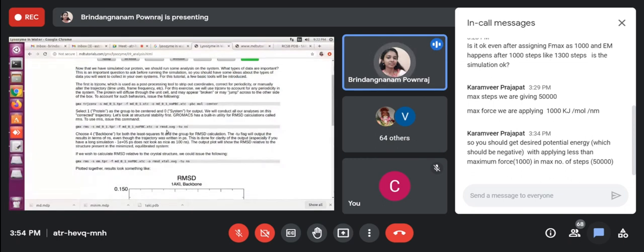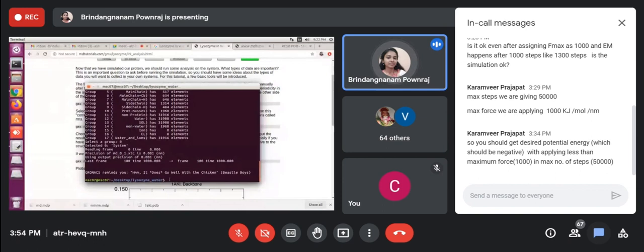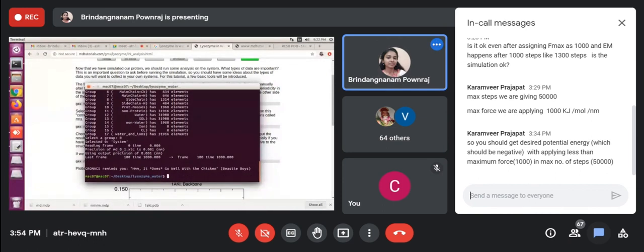Directly they went for RMSD analysis, but we want the protein only, right? We want to see whether it has been simulated properly or not by comparing with the native protein we gave at the beginning. So we want the PDB file. For that I'm going to write a command: gmx trjconv, and I'm giving the same TPR file, and then -f, the newly generated XTC file.